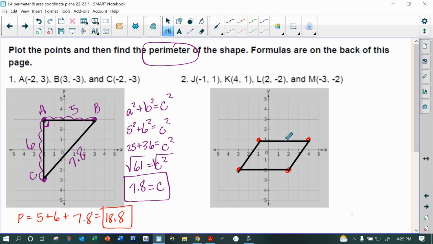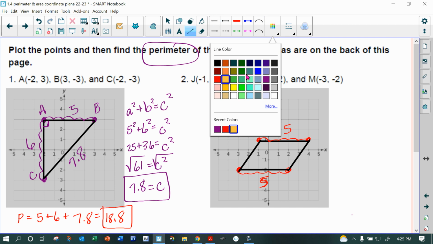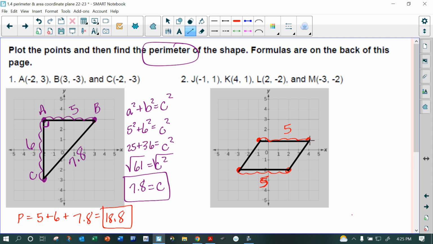Again, horizontal side, so count those spaces: 1, 2, 3, 4, 5. 1, 2, 3, 4, 5. So we know our perimeter is going to be greater than 10 because those two sides add up to 10. Now, to get this, I'm going to change this just a little bit. Let's do blue. What I'm going to do is create this little right triangle